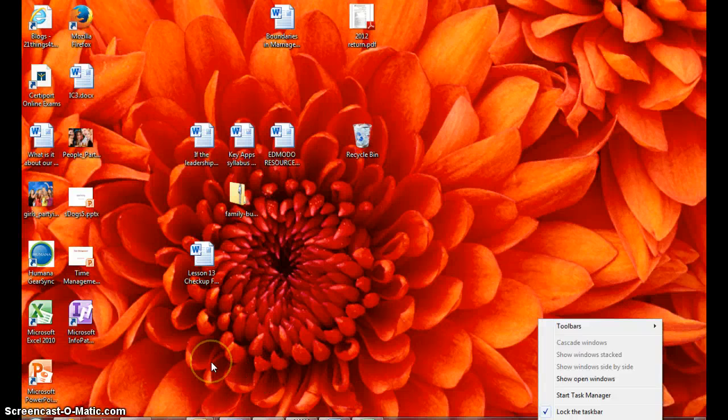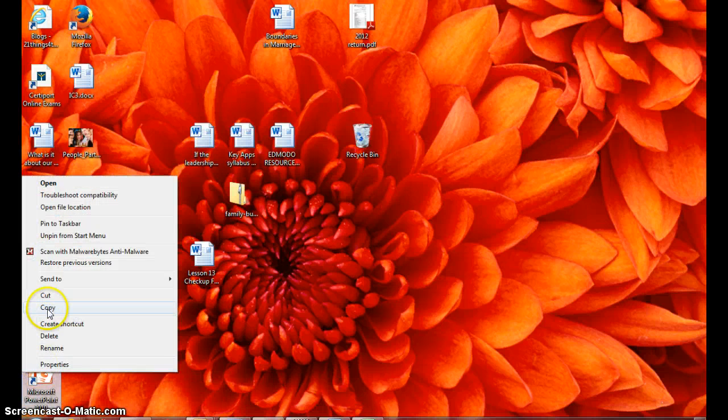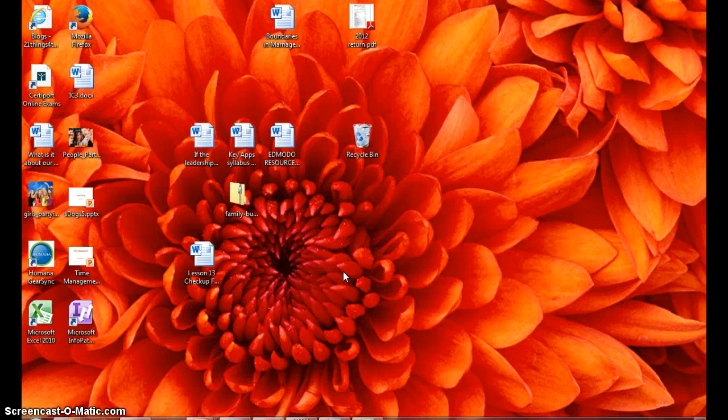If I wanted to delete an icon on my desktop, I move over and right click and select delete, and then yes to confirm deleting, and the icon has been added to my recycle bin. Leave the 3 applications, Word, Excel, and PowerPoint open for the next step. This concludes step 1. You've just learned how to navigate between programs in Microsoft Office. I'll see you on the